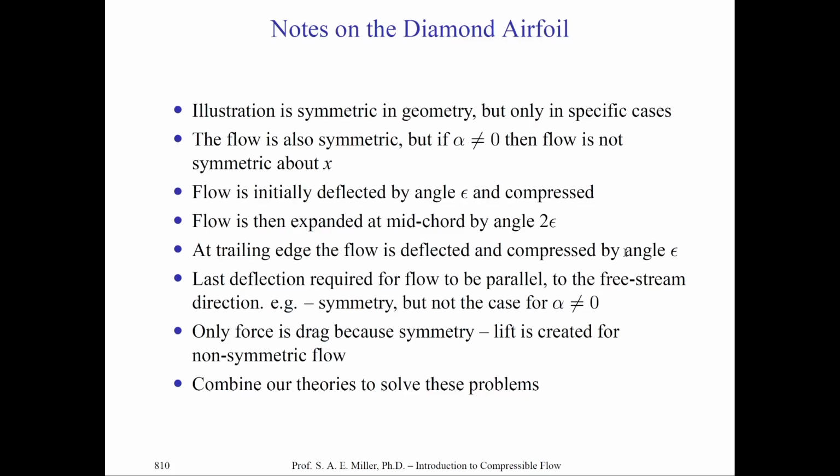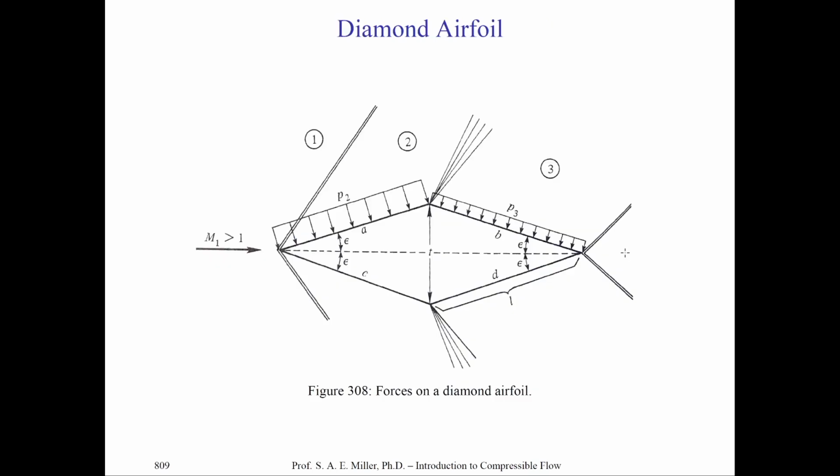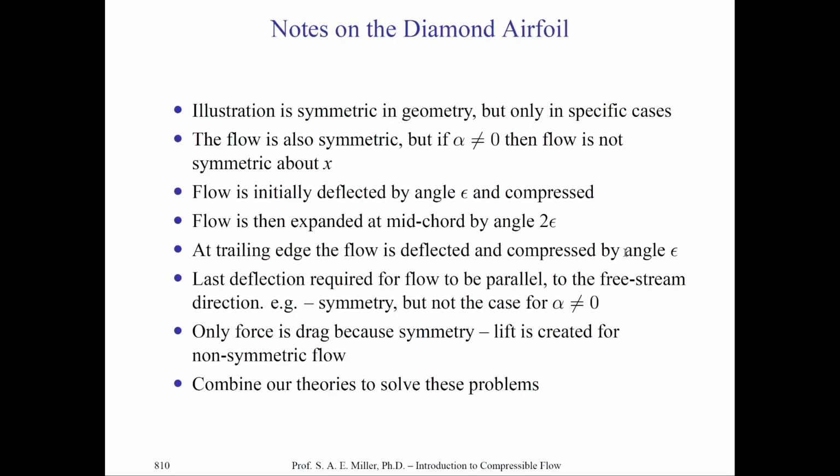Now, the only force on this particular symmetric airfoil is drag, and the lift is canceled out because it's symmetric. If we have a non-zero angle of attack on this symmetric body, like this airfoil, then of course we would have lift. So we would not expect lift to be created on the body, as the pressures in the y direction or cross-stream direction cancel out from sides A to C and B to D respectively. If we, of course, have an angle of attack, the pressures would be unequal on the top and bottom respectively, even though they act on relatively the same areas, but in different directions. And again, we would have drag and lift. This is very interesting. We would combine our theories, of course, shock waves and expansions, to solve these particular problems,